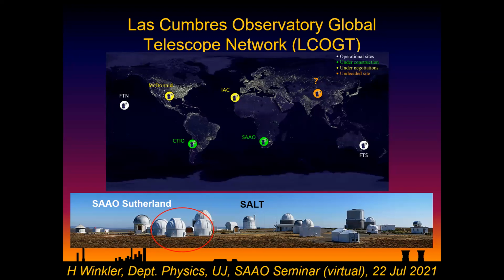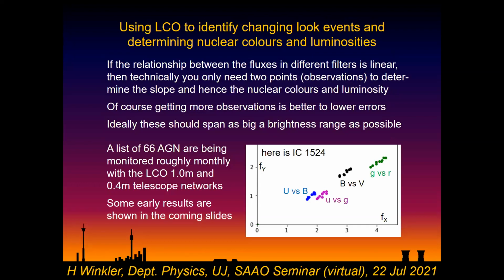So I have started a project where I'm looking at, again, a series of about 60 AGN, and hoping to get some information. In particular, I'd be interested in just seeing them in a bright state and in a faint state,